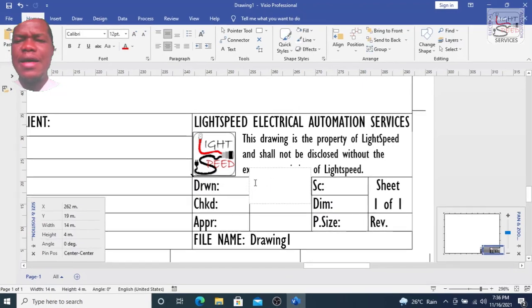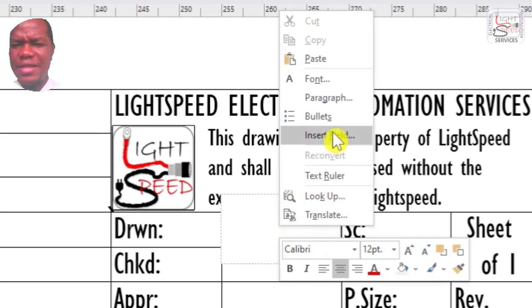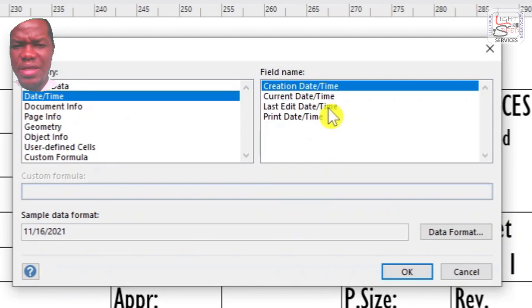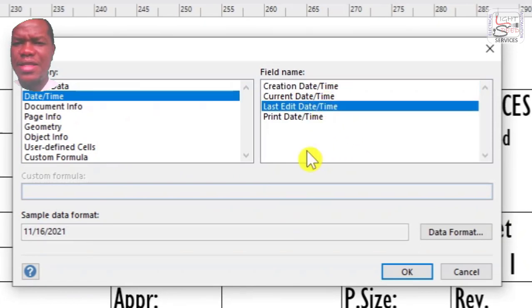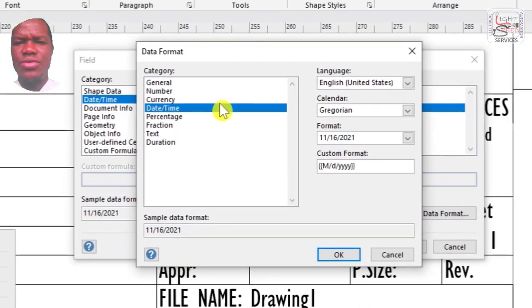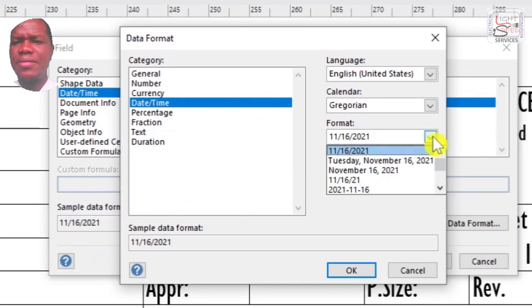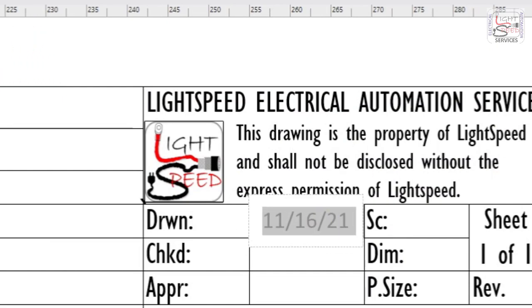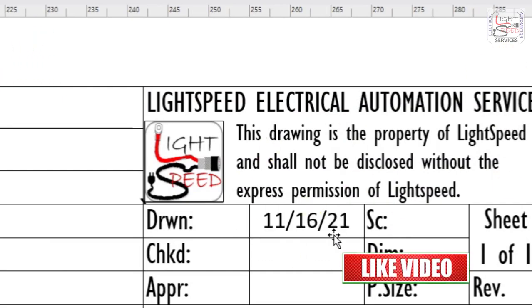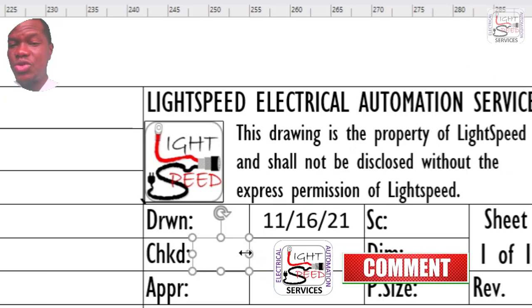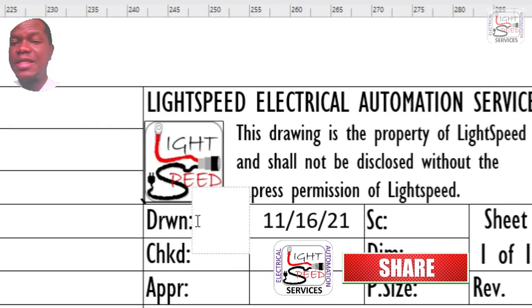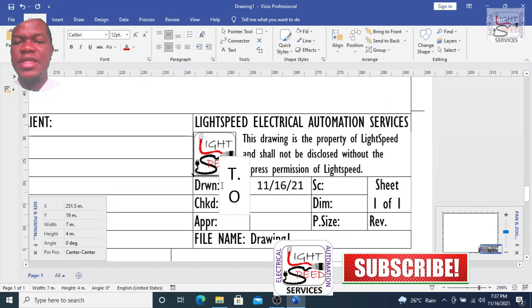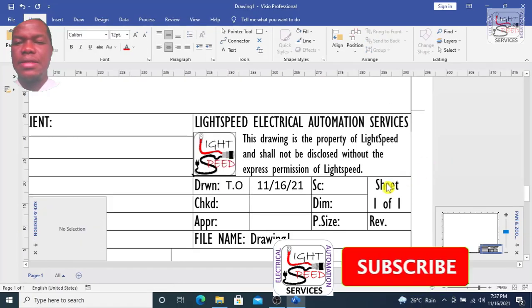Aha, I forgot, you can even insert the date. You can make the date automatic as well using this method. Insert current date, last edited, anyone you want. Select the format. Okay, so that's it. Insert the date and resize it to fit into the box. If we wanted, we could have done this on the template, so whenever you use the template, it comes with the date. You resize this. These are my initials, and that's it.